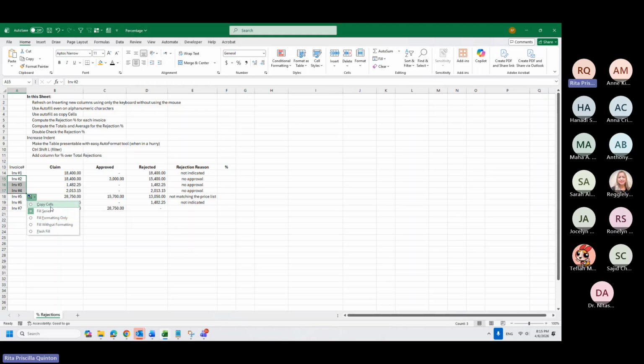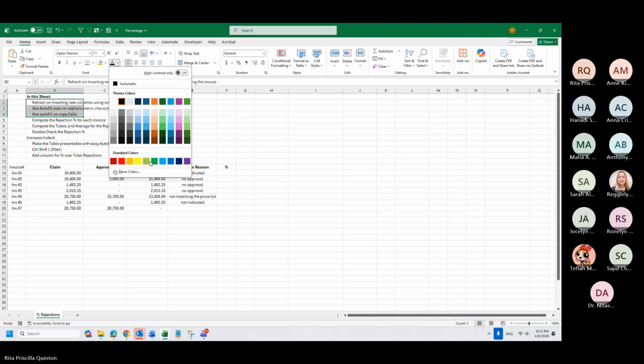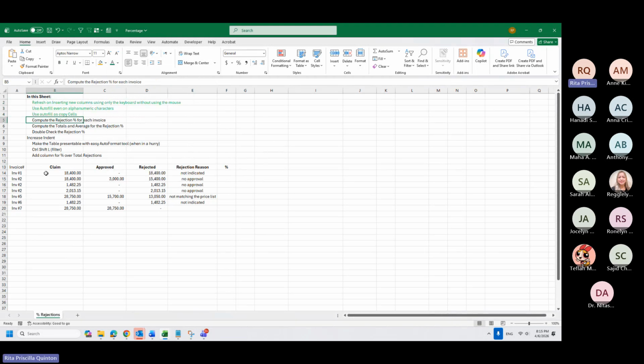So if I press copy cells, it will all be invoice number 2. So these 3 have been discussed. Now we will compute for the rejection percentage for each invoice. Also for this, starting here, you can again use the autofill since the next invoice is now coming as 5.